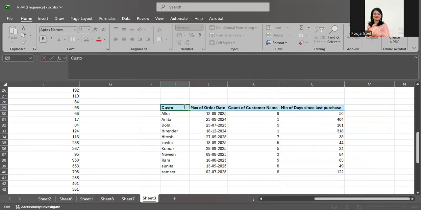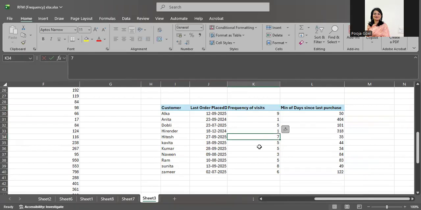So it would be customer, maximum of order date means last order placed, and count of the customer name means frequency of visits.